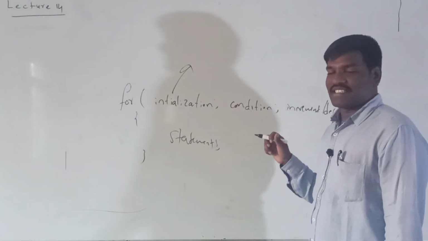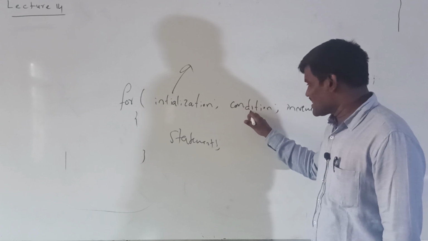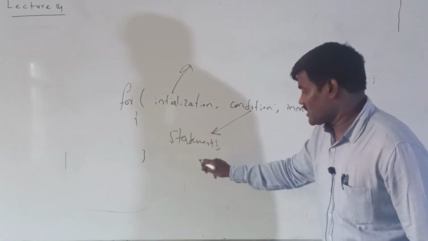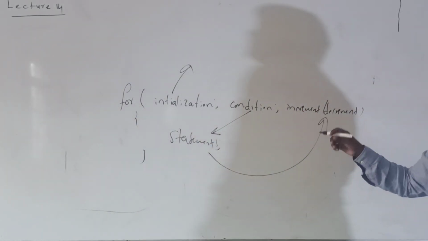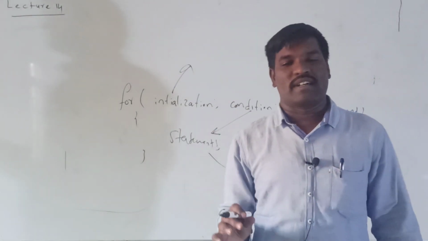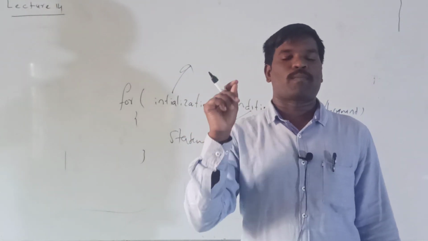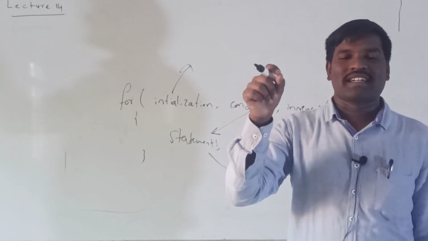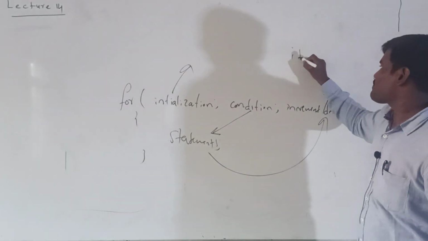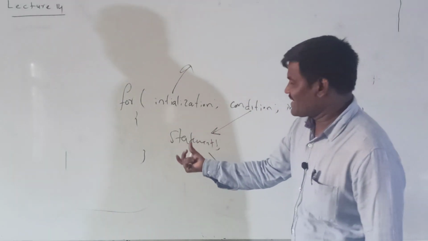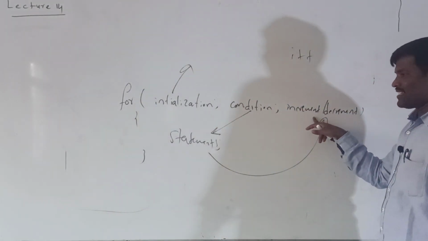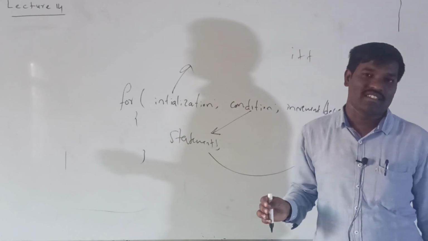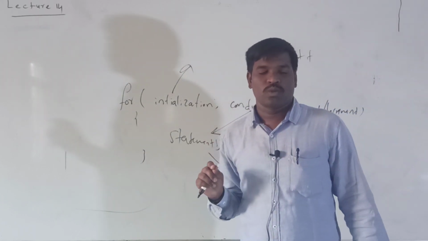It will check the condition. If the condition is true, it will execute the statements. After executing the statements, either the value will be incremented or decremented, depending upon the program or the situation. If you want to print the numbers from 1 to 100, after printing the i value you have to write i plus plus. Instead of writing it inside, you write it here, because the syntax of the for loop says the first step is initialization, where you initialize the value of the variable.